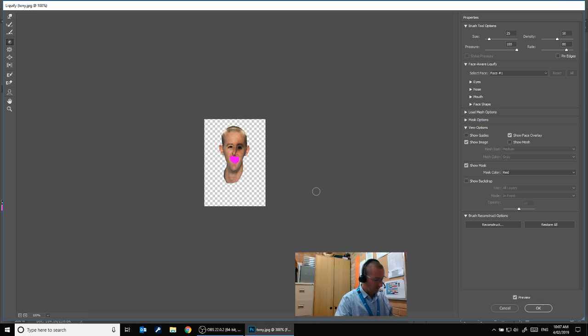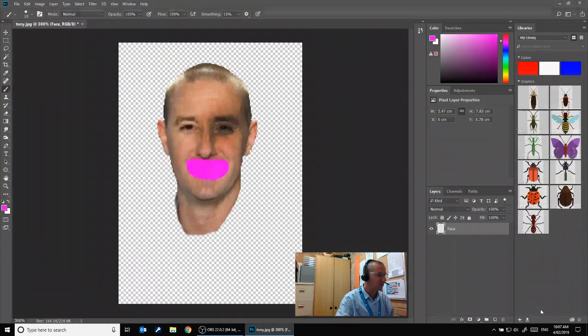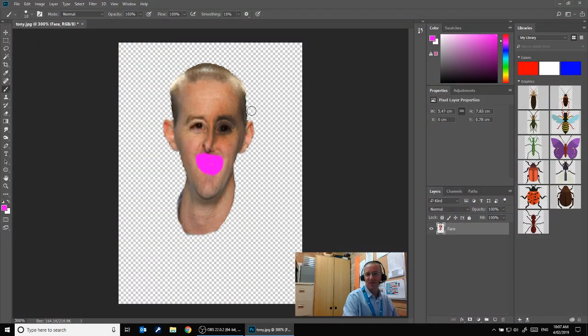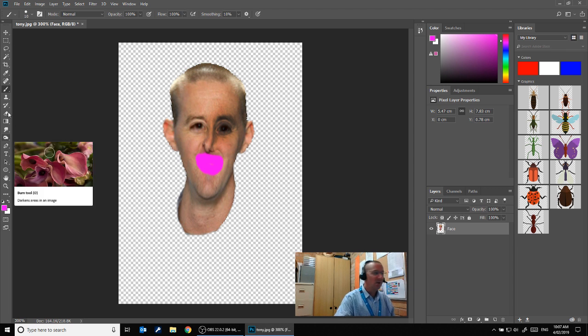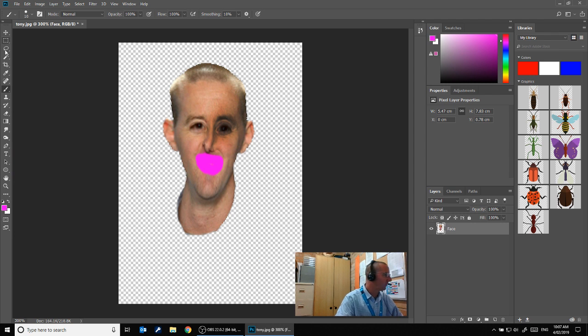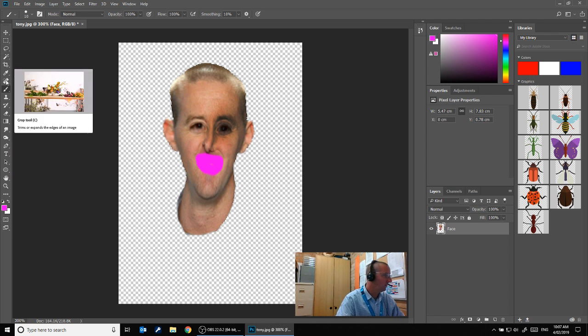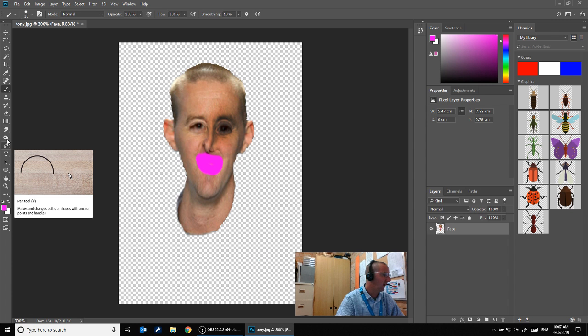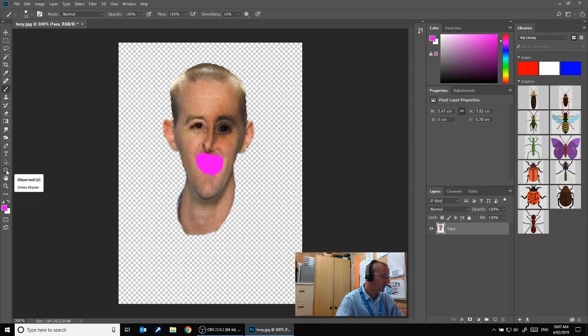Once you're happy with your changes, you can obviously use Control-Z to undo the last change, or Control-Alt-Z to undo a number of changes. Once you're happy with your changes, you can say OK, and those changes are then brought back into your main image where you can continue to use the other tools to edit that. So that's a reminder of the tools we've looked at. We've used our selection tools, we've used our brush tool, I've shown you the burn tool and the zoom tool,